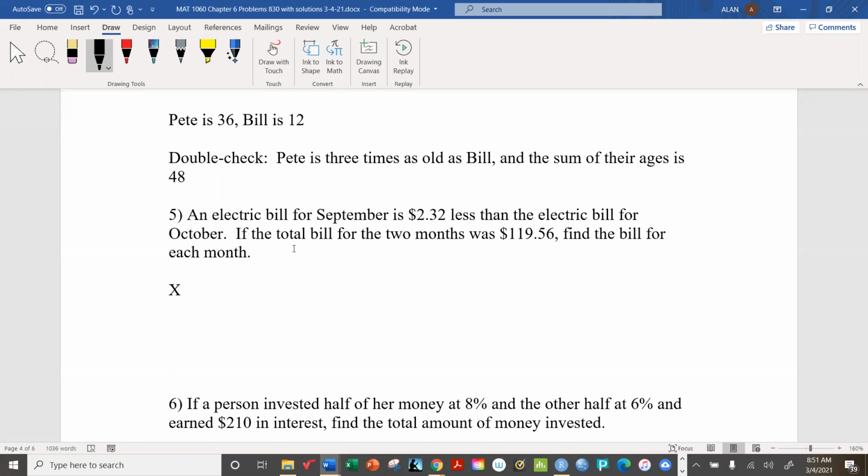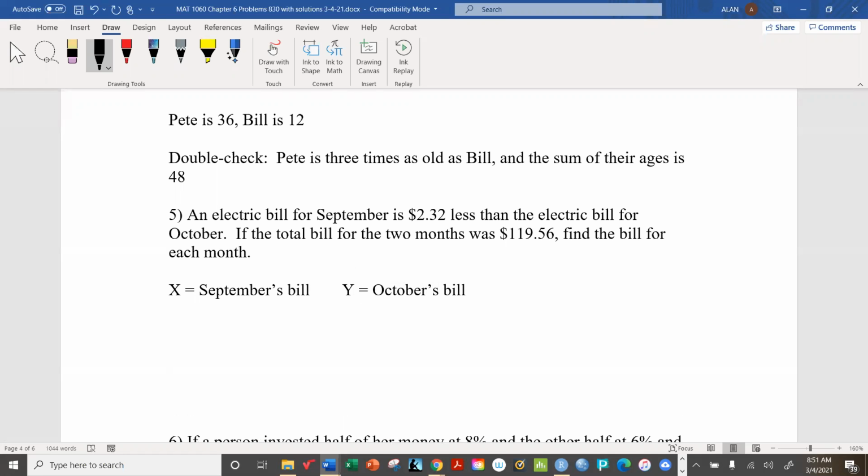All right, let's try this. X equals September's bill, and Y is the October bill. We know September is less. So in other words, you could think of it as October's bill is 232 greater than September, or the other way around. So why don't we do it this way? X plus 232 equals Y. In other words, we take our September bill and add another 232 to it. That brings us to Y, October's bill rather, and then the sum